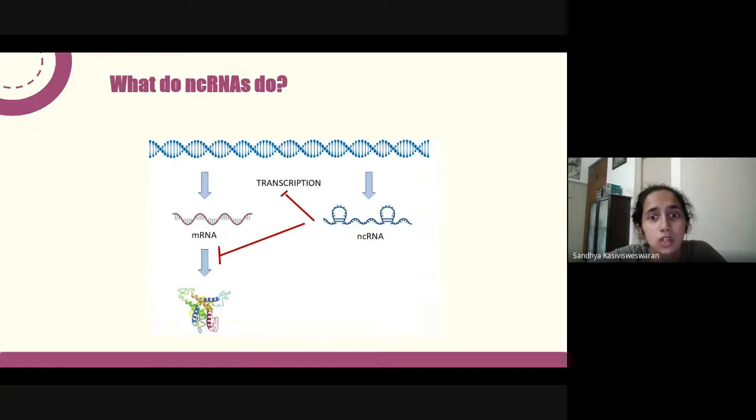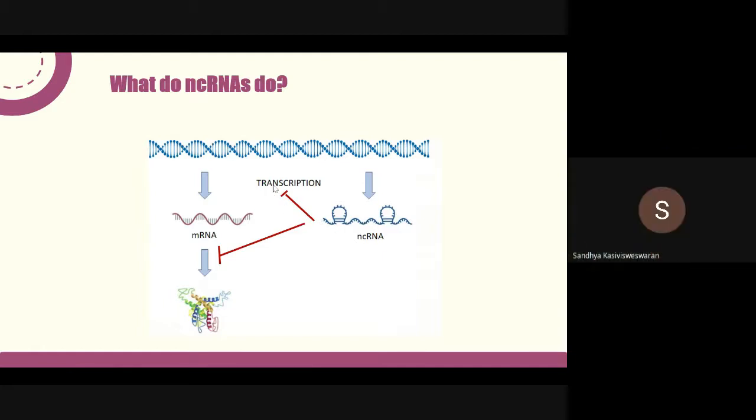So what does it do? The first thing is that non-coding RNA can inhibit transcription. By inhibiting transcription, it causes chromatin modifications, or it interferes with transcription. It binds to your DNA. When your DNA needs to be transcribed, it opens up, and when it opens up, this non-coding RNA can bind to it. Then transcription cannot take place. The enzyme that forms mRNA cannot glide along your DNA if it has formed a duplex.